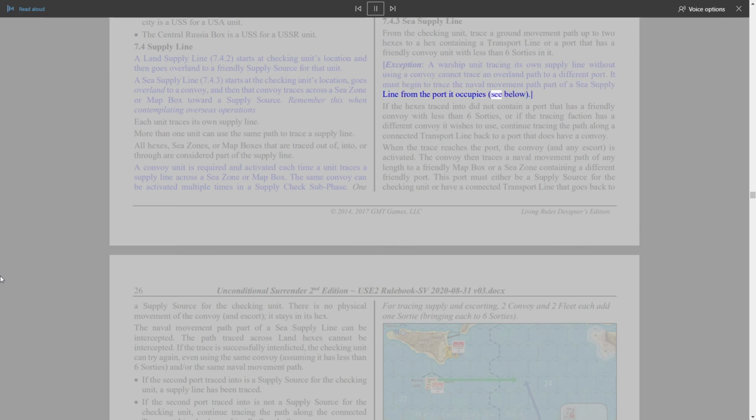it occupies, see below. If the hexes traced into did not contain a port that has a friendly convoy with less than 6 sorties, or if the tracing faction has a different convoy it wishes to use, continue tracing the path along a connected transport line back to a port that does have a convoy. When the trace reaches the port, the convoy and any escort is activated. The convoy then traces a naval movement path of any length to a friendly map box or a sea zone containing a different friendly port. This port must either be a supply source for the checking unit or have a connected transport line that goes back to